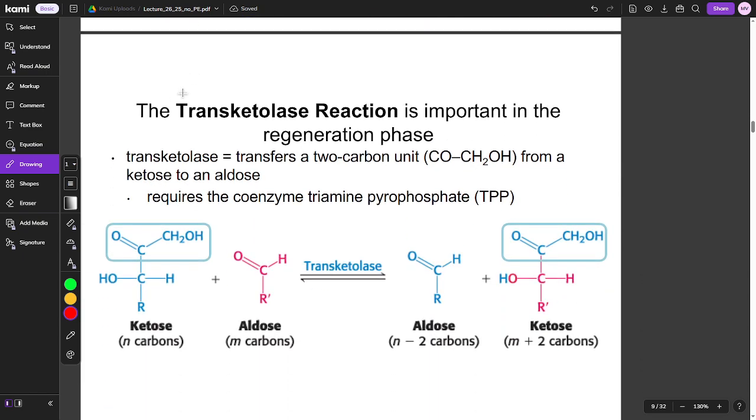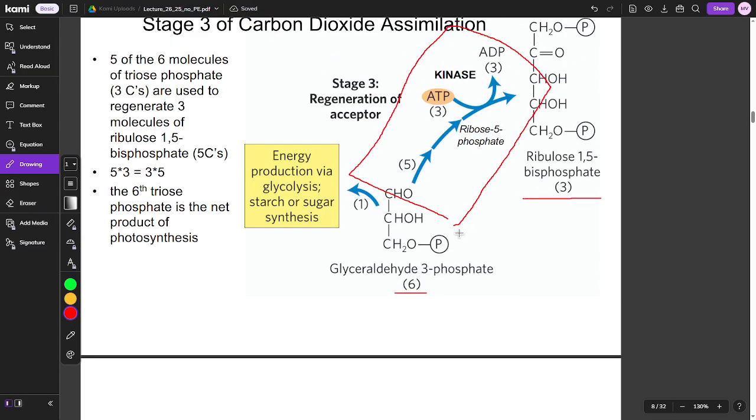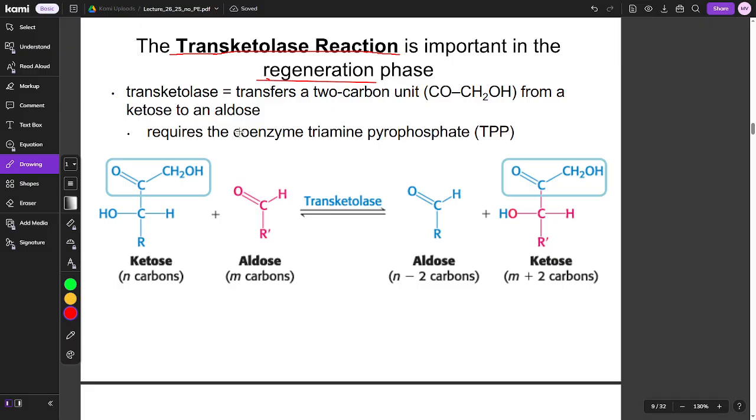What you should memorize is transketolases. So what does a transketolase do? That's very important. It's important in the regeneration phase, where we're regenerating our RuBP, ribulose 1,5-bisphosphate, remember? What is essentially happening is a transketolase will take 2 carbons and transfer them from one place to another. And that is exactly what's happening here, right? So it takes 2 carbons and transfers them from one